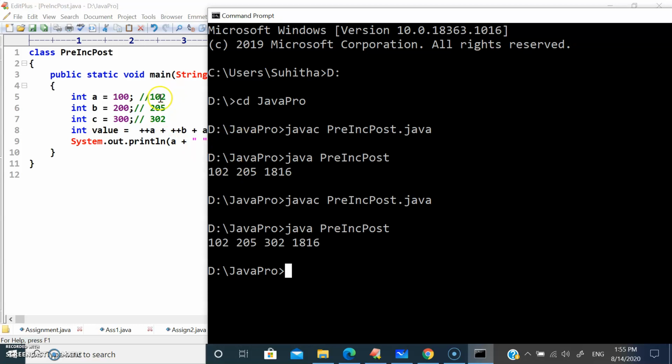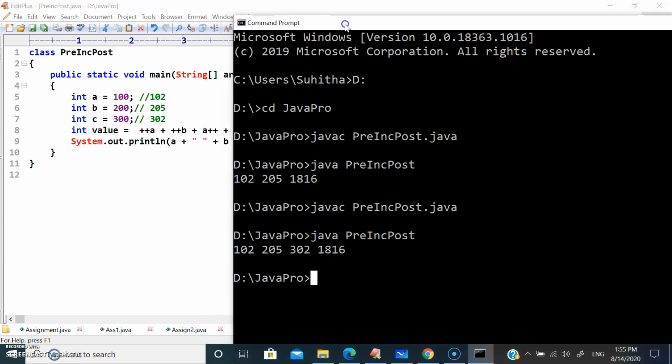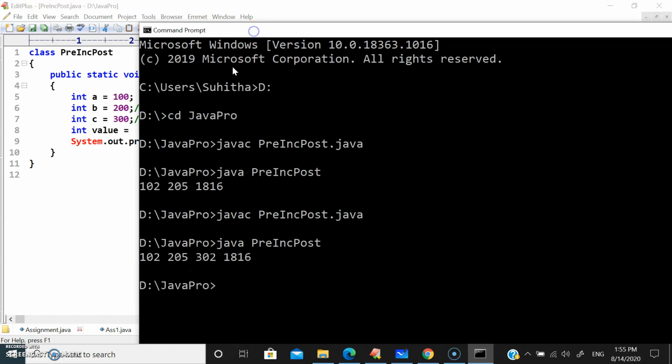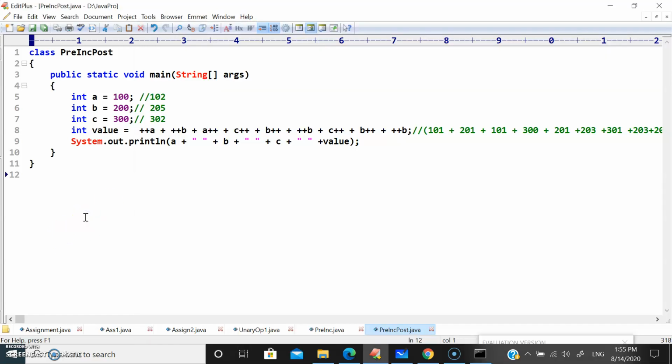Perfect. So the A value is 102, B value is 205 and C value is 302. So the total value we got is 1816. Right? So this is how you need to calculate the combination of post increment and pre-increment operator in Java.